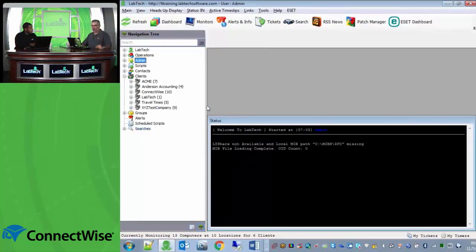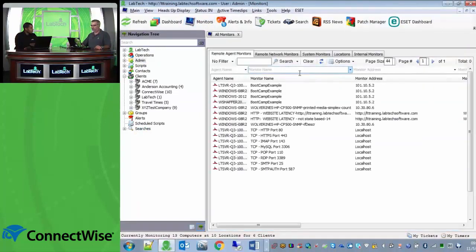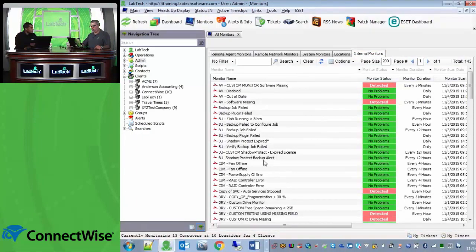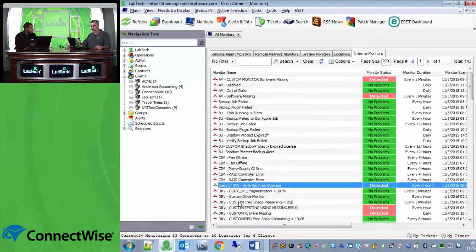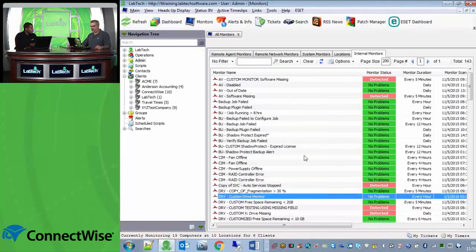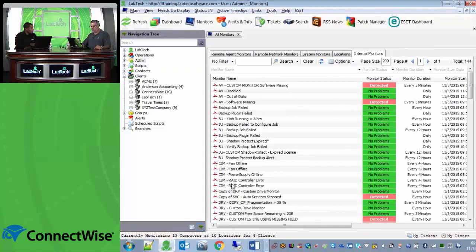All of our internal monitors, I can access them with this monitors button in the toolbar. I will go over to internal monitors. You can see I've got some in here where we've made a copy. So the way we're making them always is just right-click, copy monitor. As soon as you do that, it shows up in your list under copy. This list is by default sorted alphabetically on monitor name. So that's when you're going to want to go in there,